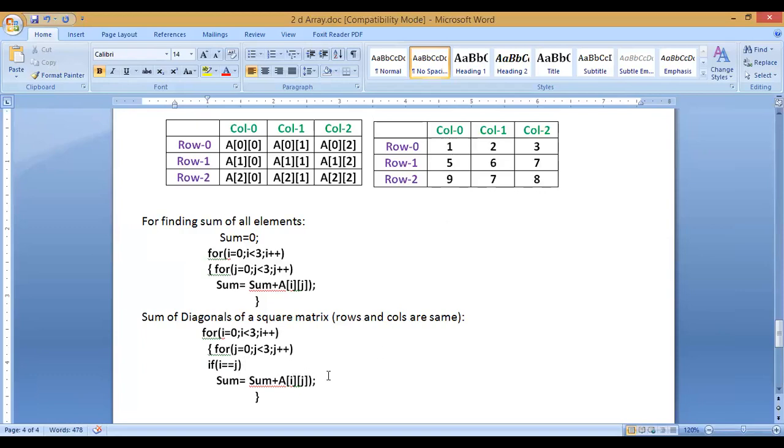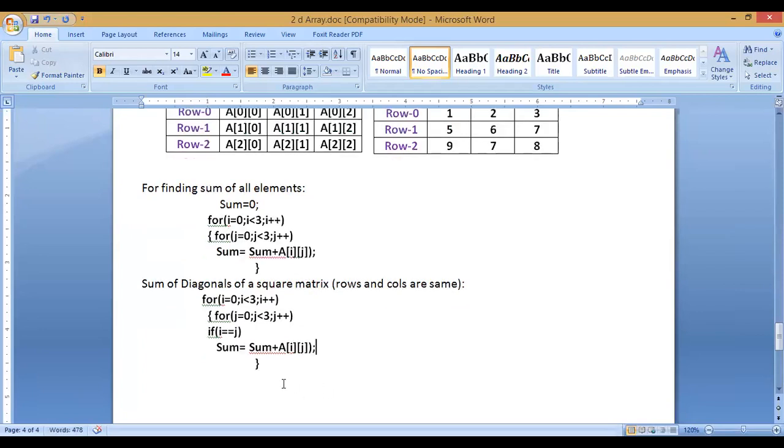Anybody who has any doubt can ask me now, and that will be printed after this. The result will be printed, and that is complete. Okay, now I'll show you that same program. There is one more way to do this thing. Instead of using two loops, I can do it with one loop only, right?